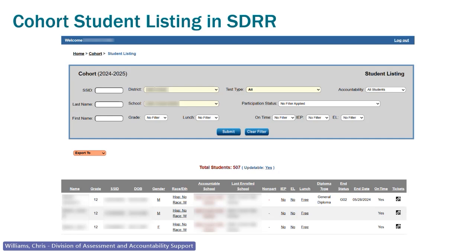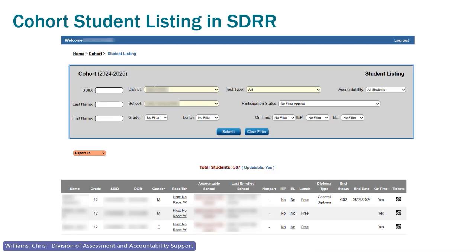Near the end of the school year, any student in grade 12 who does not have a graduation status of G1 to G4 will be changed to not on time. This is what we were talking about, that it was updated monthly after G codes are entered in Infinite Campus, and many students will change to on time.